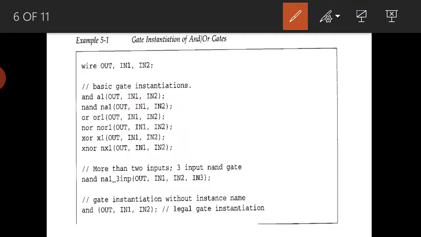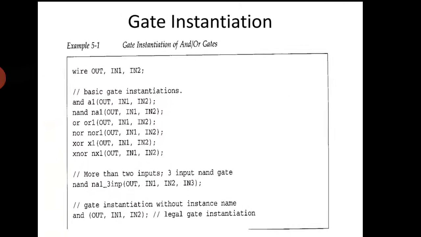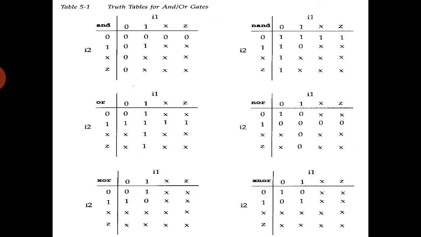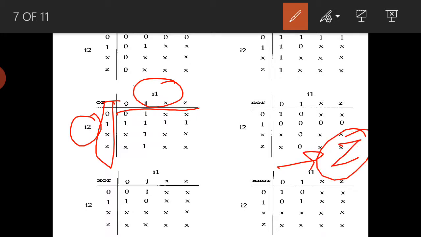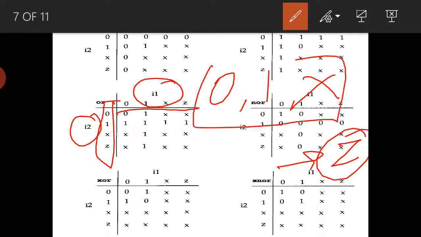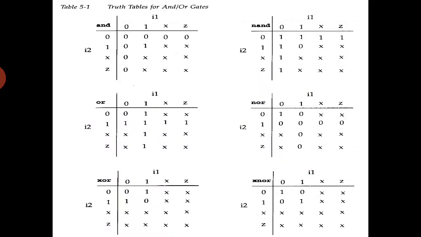We have seen this with respect to the AND OR type, and this is the truth table of a particular gate. Here we need to consider four values, that is 0, 1, x, z. One input can be 0, 1, x, z, and the other input is also of the type 0, 1, x, z, and z will not appear as an output. Only the output can vary, and it is in the form of either 0, 1 or don't care. All these things we have seen previously.